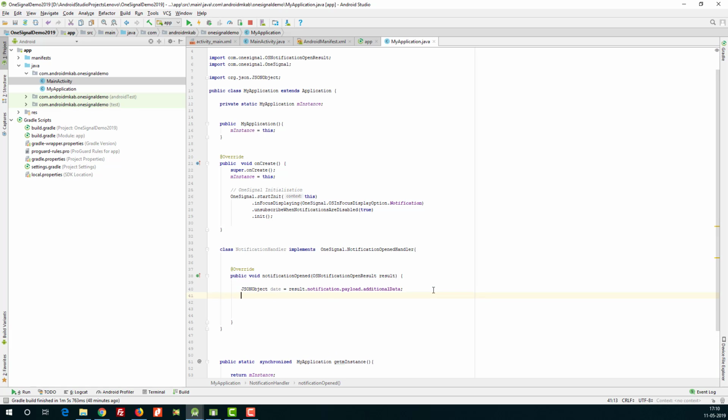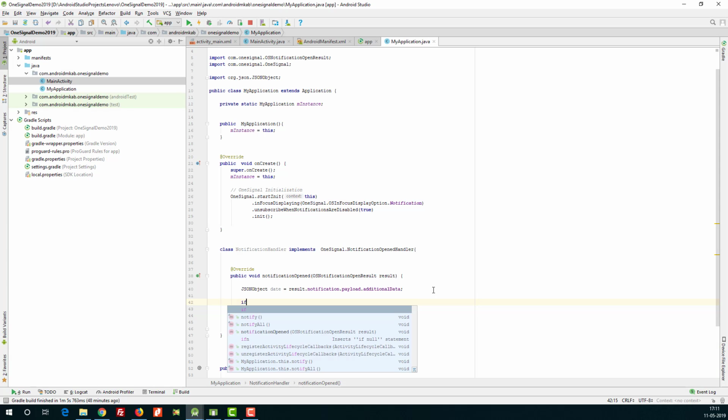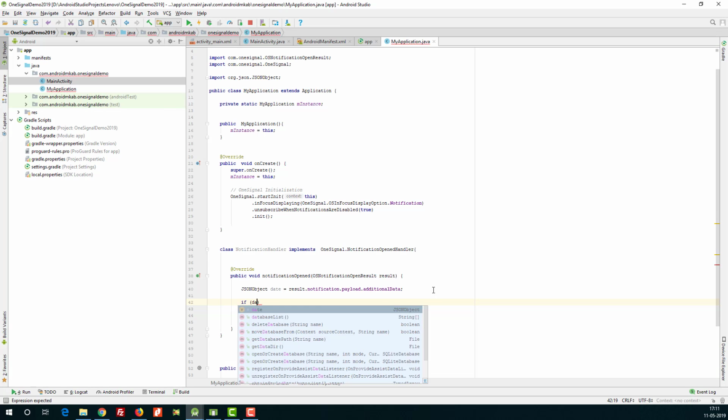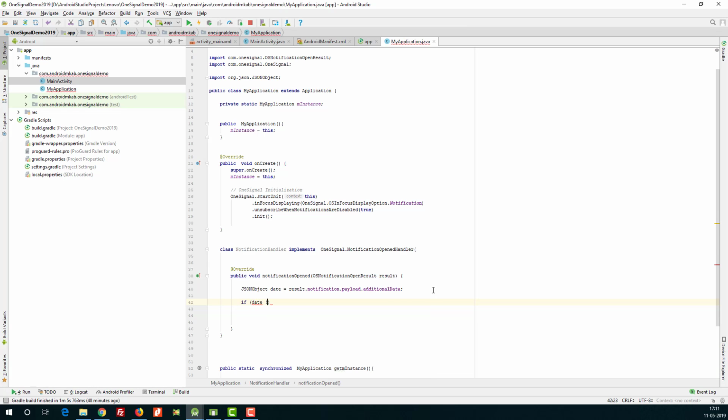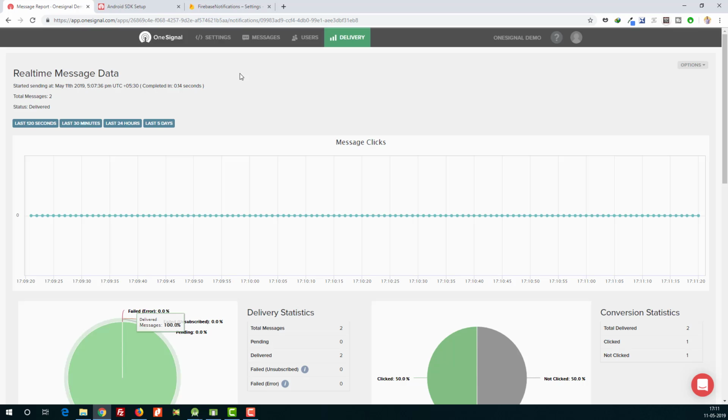Just press enter, and here we have to check whether the data is not equal to null. So if data is not equal to null, and what we are sending is a name. Whatever key values you are sending from the OneSignal dashboard, I will show you again.